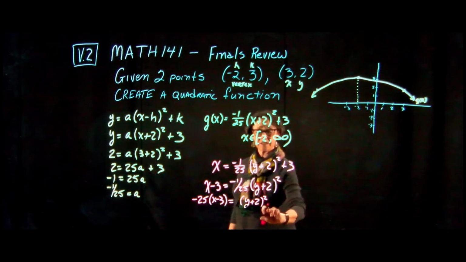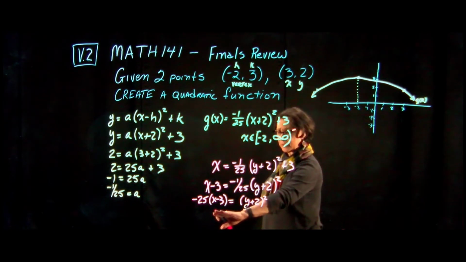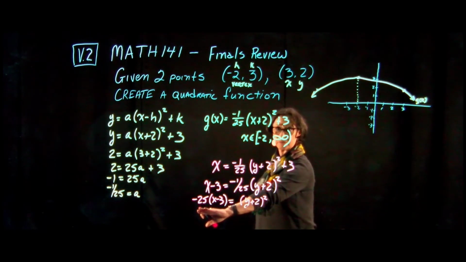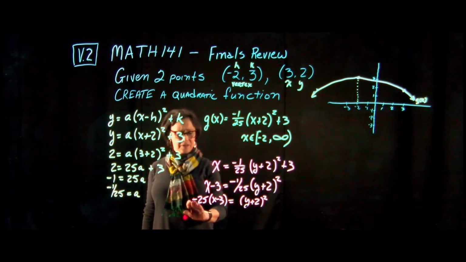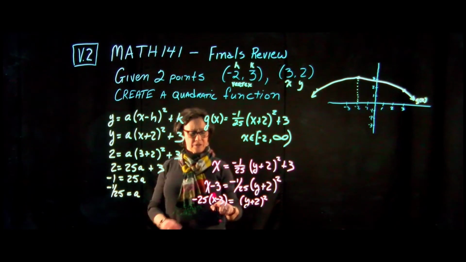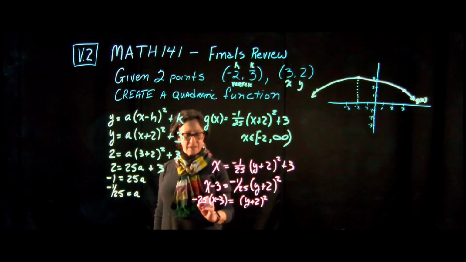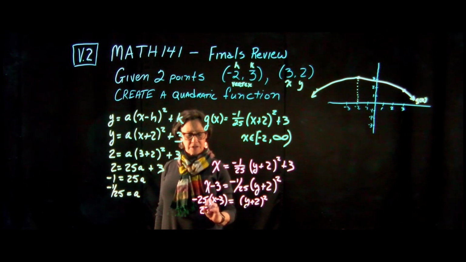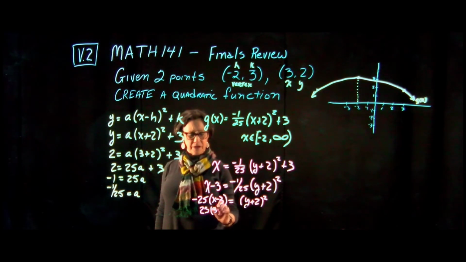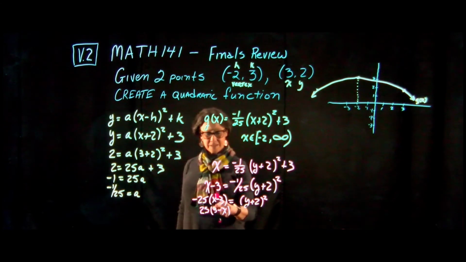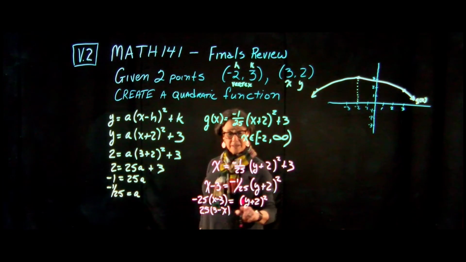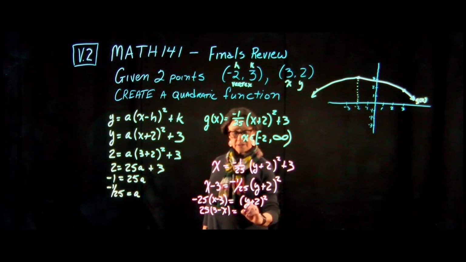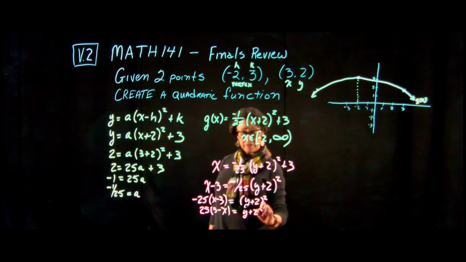squared. Before I take the square root, I'd like to simplify this a little bit. I can't take the square root of a negative 25, but I can take the square root of 25. But I need to get rid of this negative sign, so I'm going to distribute the negative sign into the parentheses. So that allows me to change this into 25 times 3 minus x. The x is now negative, the 3 is now positive, and the 25 is now positive. And now when I take the square root of both sides, I can easily deal with the 25 that's sitting